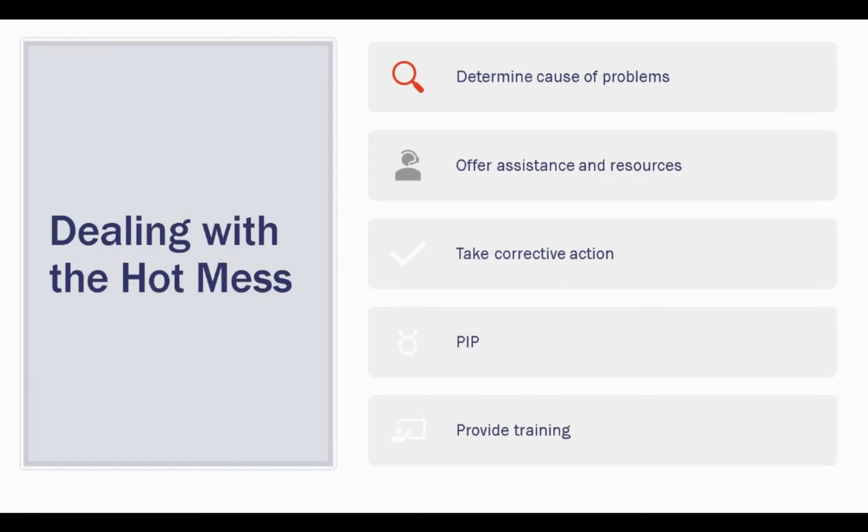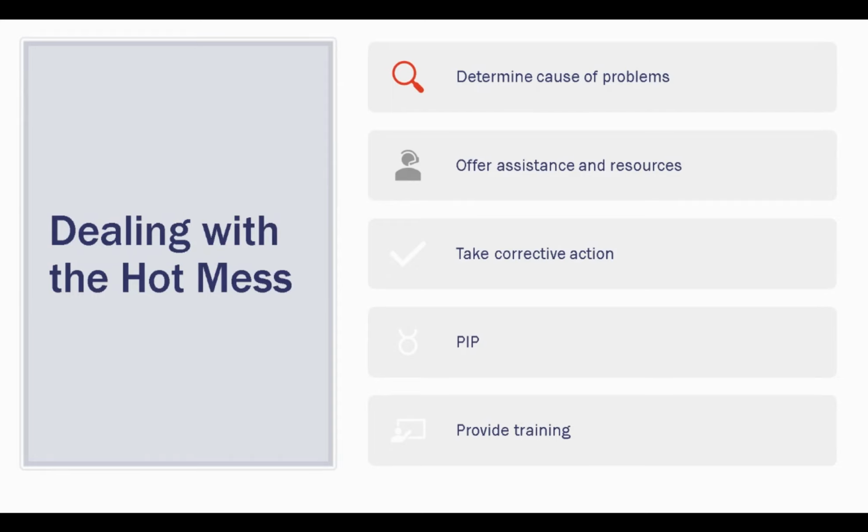So when you're dealing with the hot mess, you first, again, need to determine what's making them that way. Just as in others, find out if there's a problem at home or if there's something in the workplace that's causing the issues. If there's issues at work that are the cause, handle those issues. If the problems are stemming from something at home, you can offer them resources to work through those problems. Most agencies have an employee assistance program, EAP, as part of their insurance. If yours does, offer to help the employee get some assistance through them, such as counseling.